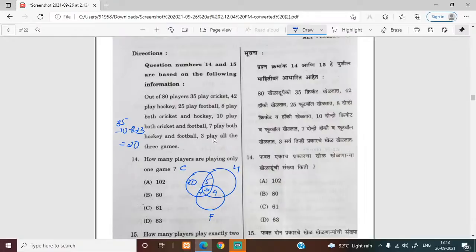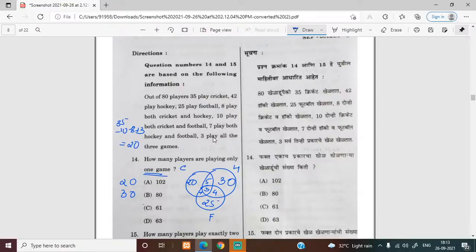The same way, hockey, you know, how many people hockey are playing? 42. 42 minus 5 minus 4 and plus 3. Okay. Minus 5 minus 4 and this. So here you will get hockey is 30. 30 people are playing only hockey. And 25 people are playing only football. So if they are saying how many players are playing only one game. So it is 20 plus 30 and